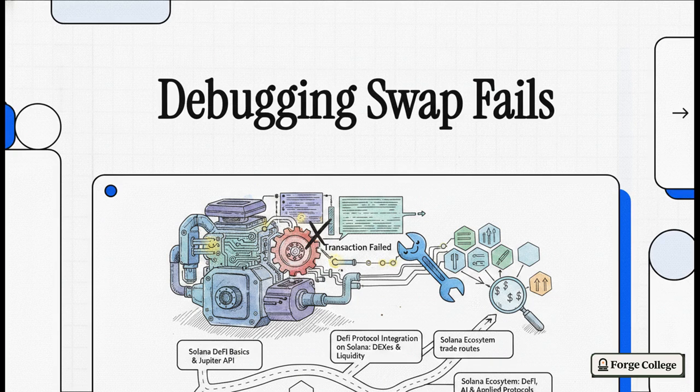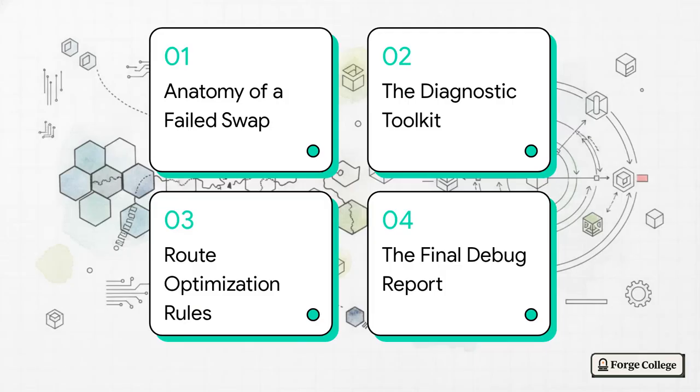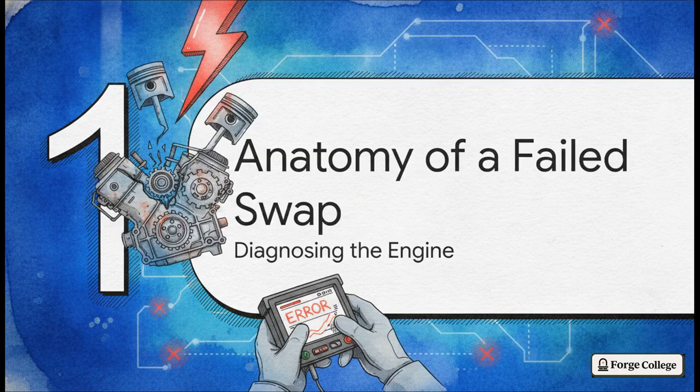good stuff today. Building directly on our previous lesson, where we covered mapping features to wallet structure, today's agenda is going to cover 4 things. We're looking at diagnosing swap failures, building a testing harness, optimizing your trade routes, and lastly, filing a proper debug report. All right, let's kick things off with Section 1, Anatomy of a Failed Swap, or as I like to